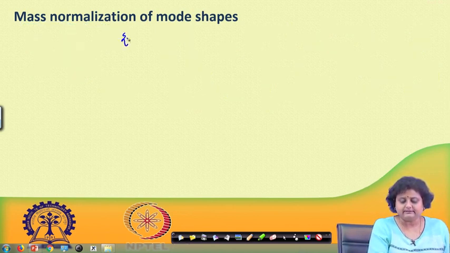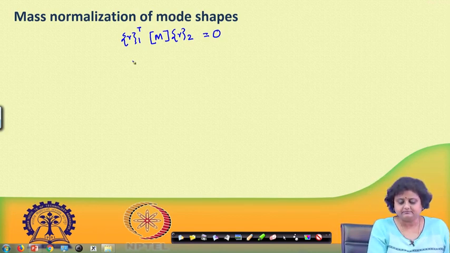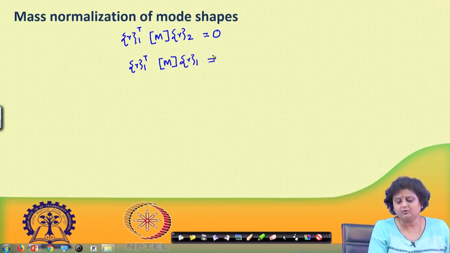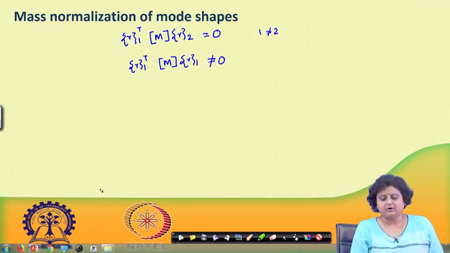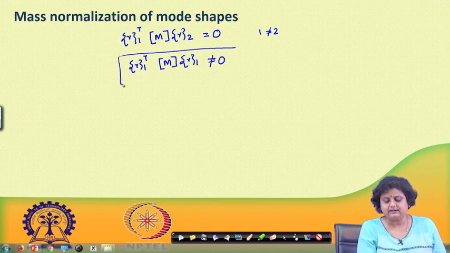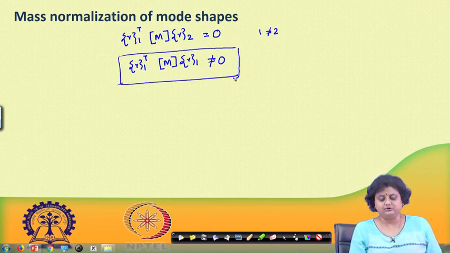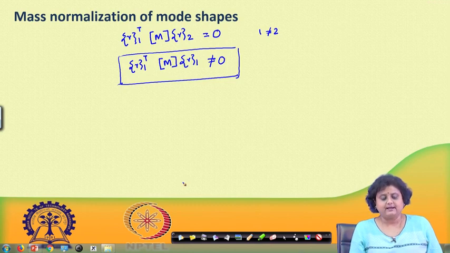So, we have seen that R1 transpose M R2 is equal to 0, and R1 transpose M into R1 is not going to be equal to 0. Since 1 is not equal to 2, the two different mode shapes produce this product to be 0, but when I evaluate this expression, this is not equal to 0. This is going to be some value. But what mass normalization does is that it